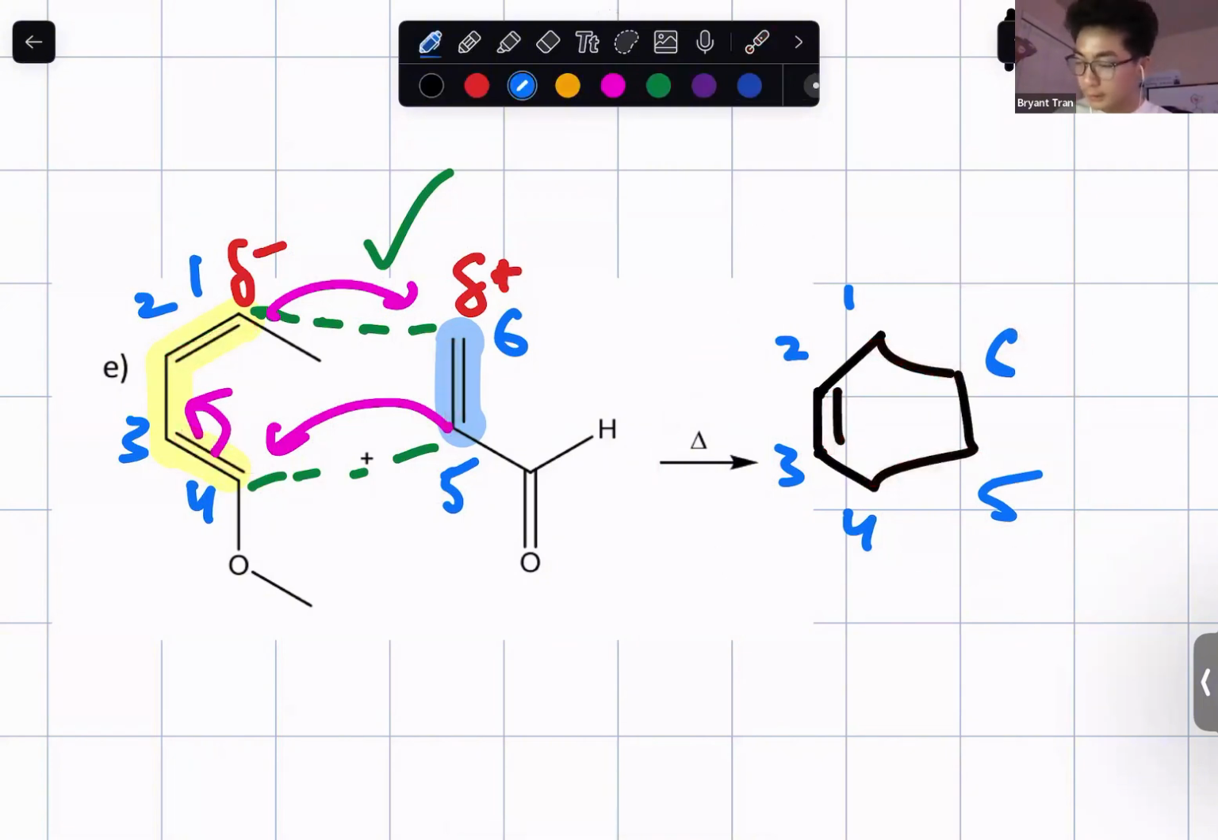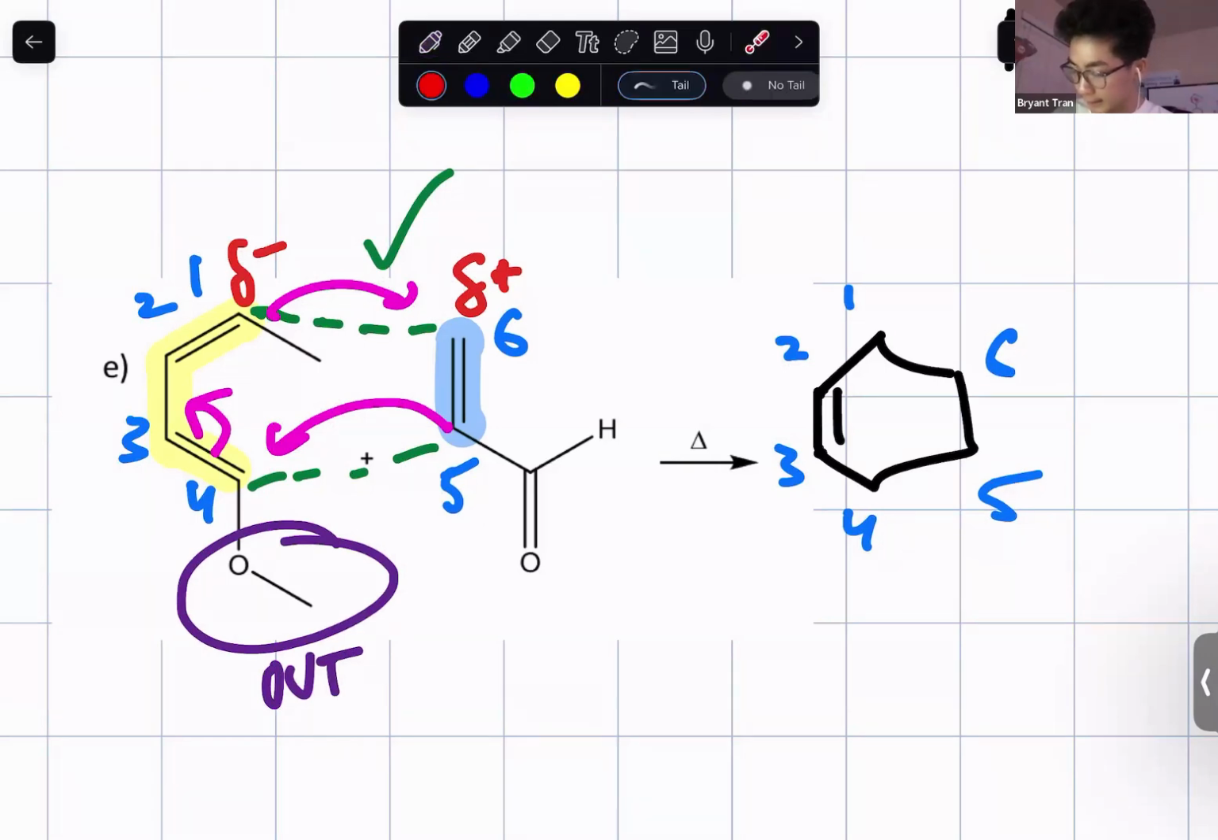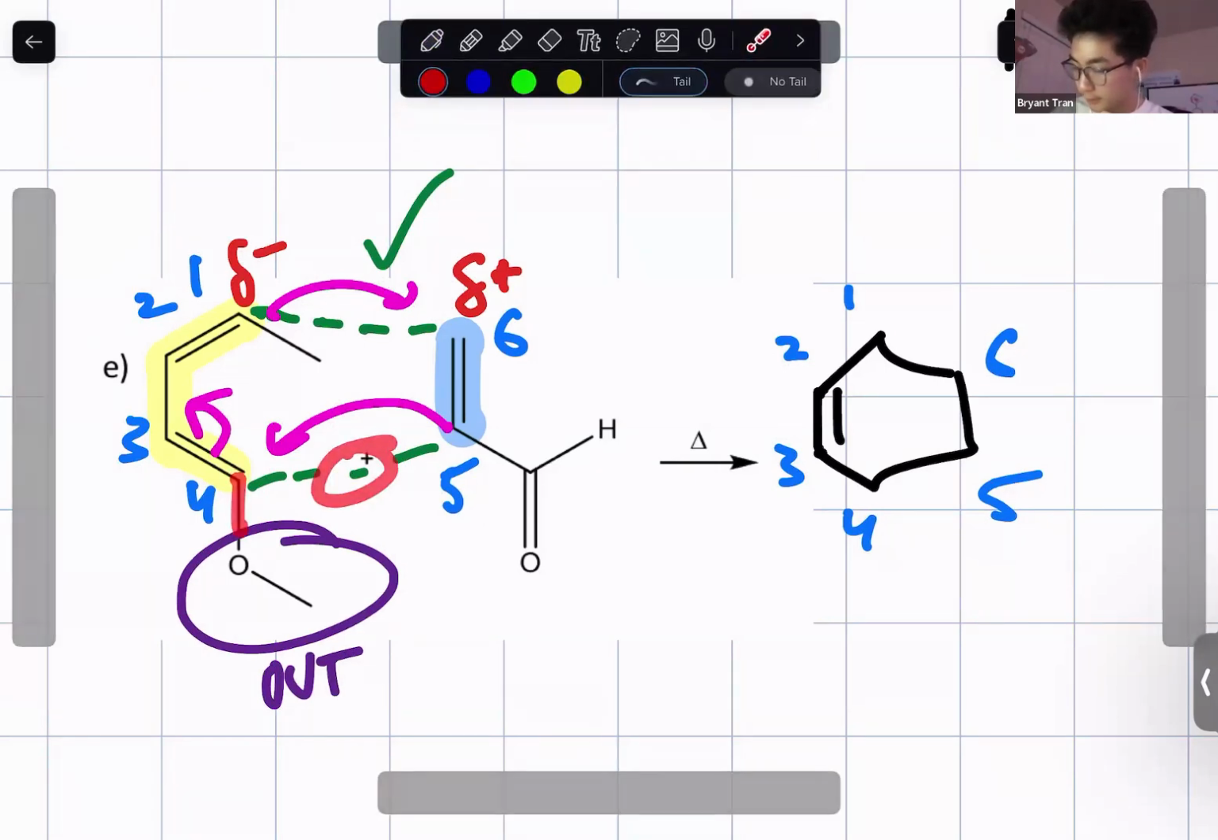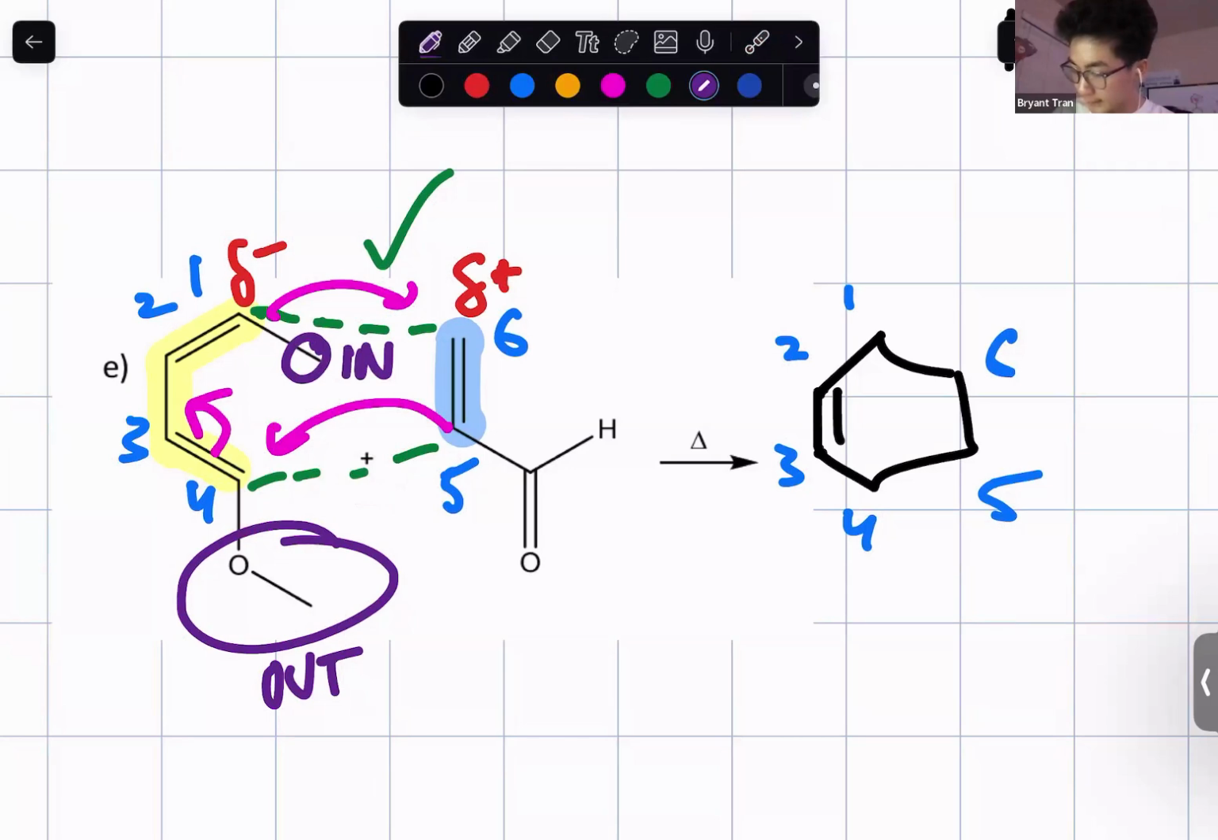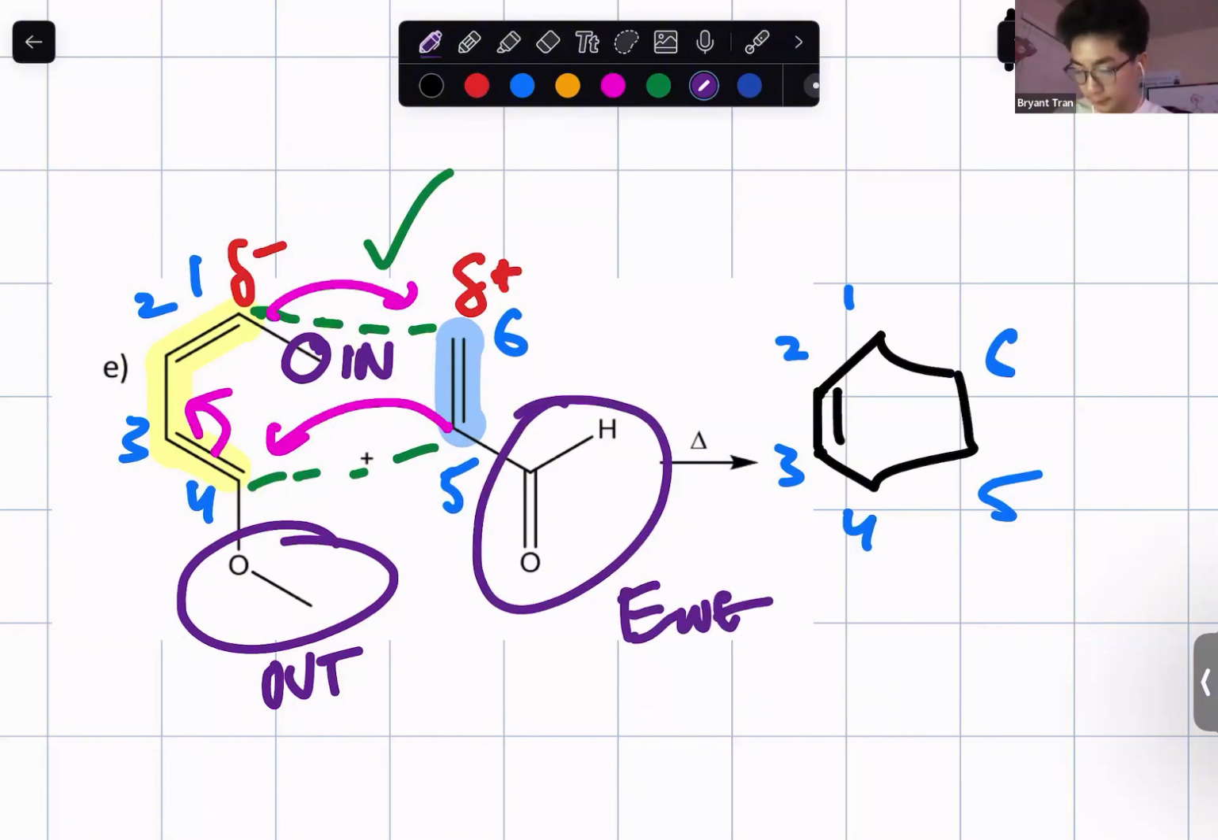Now, let's talk about the stereoselectivity. This right here is an out group because it's facing outside of the pocket. This right here is the in group because it's inside of the pocket between the diene and dienophile. And this right here is our EWG. And based on the endo rule,